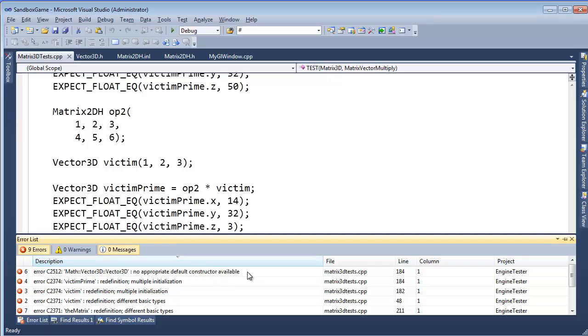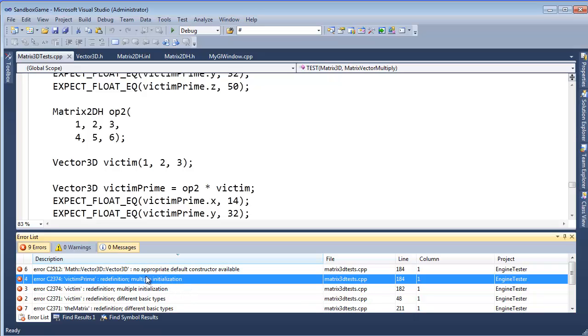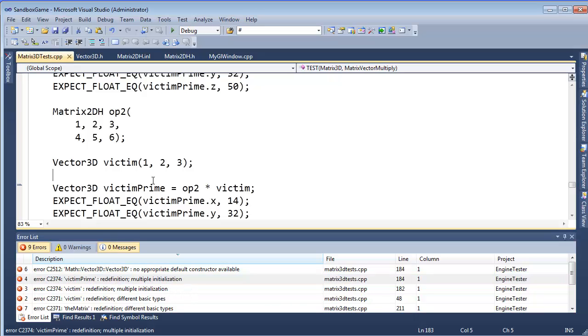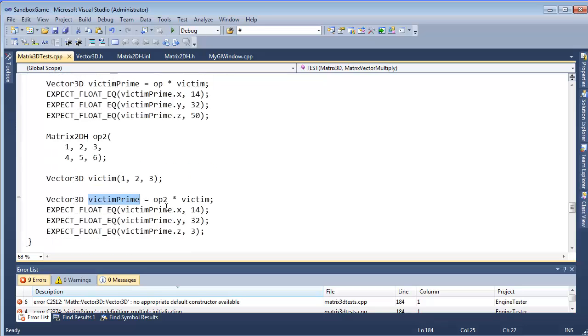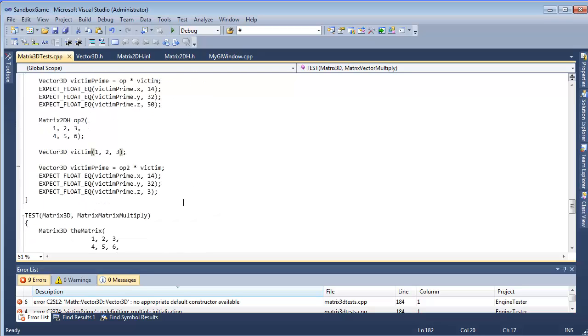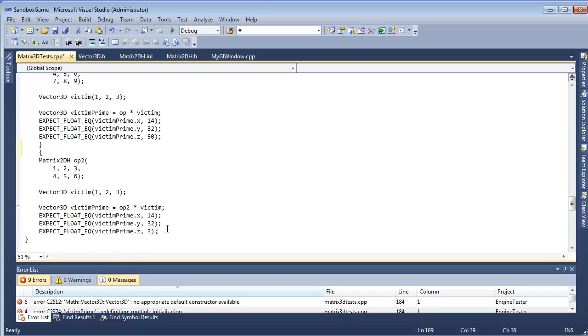Generally, I've found with C++ if the first error doesn't help you, sometimes the following ones will. Victim prime redefinition, of course, because we did a copy paste job. I have victim here, and victim here, and victim prime and victim prime. One way I could solve this is by dropping a 2 here, but then I need to do my due diligence to make sure I get 2s on everything, and that's error prone, so I'm not going to do that. Instead, I'm going to simply introduce another level of scope, like so,